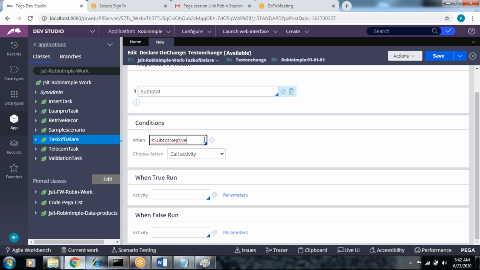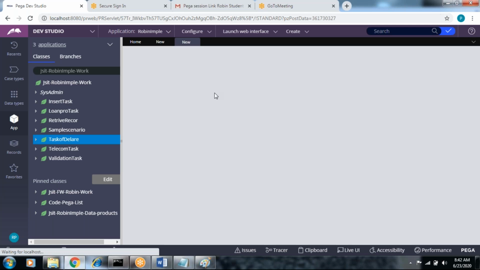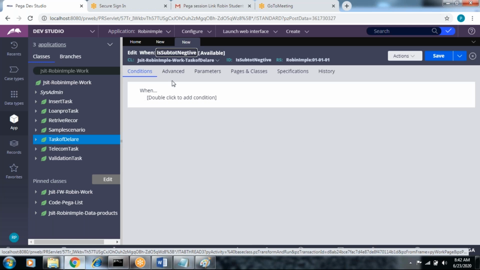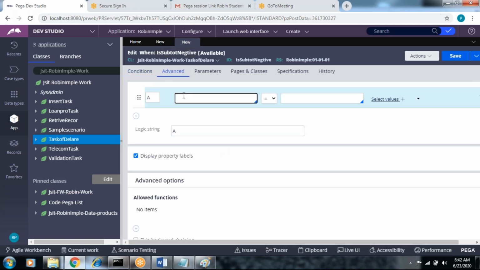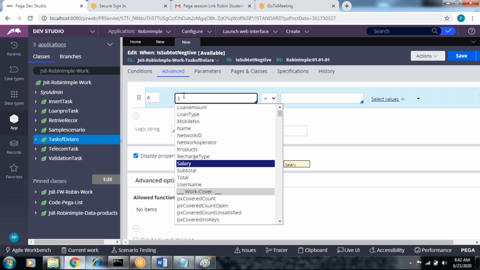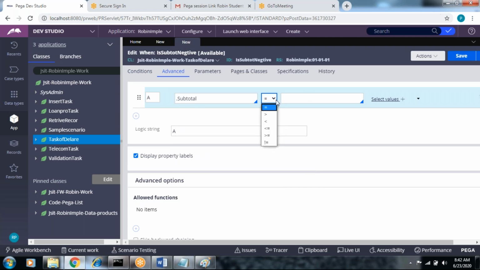So just create this when condition. Negative means the value is -1, -2 like that, and we can suspend the work object. So we apply subtotal less than 0. Subtotal less than 0, then that is negative only, right?